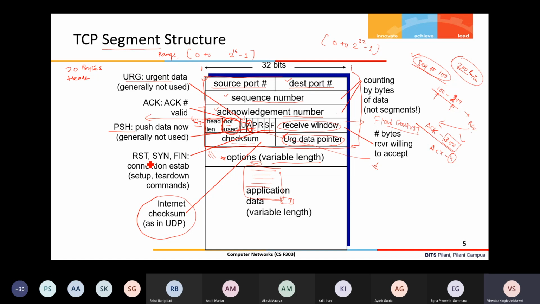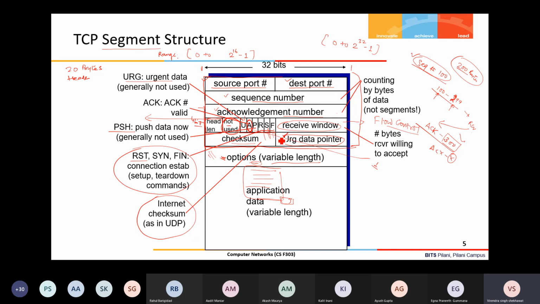Then the R flag is the reset flag, and the other flags are S for the SYN flag and F for the FIN flag. These reset, SYN and FIN flags are used in the connection establishment and connection tear down process, when the connection has to be closed.